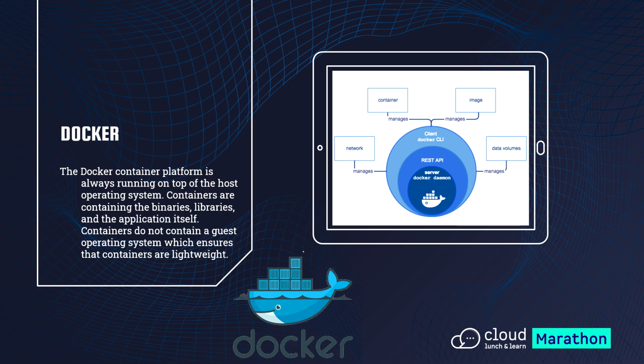So guys, let's get started with Docker. Docker is a container platform which always runs on top of the operating system. Here we are going to see the Docker engine. What does the Docker engine consist of? Firstly, it consists of a Docker daemon, which is the server. Over that there is a REST API running over it. And at the outermost there is a client, the Docker CLI, which is connected to the network, containers, images and data volumes, which we can control with the Docker CLI, and it is used to manage everything inside and outside of Docker.